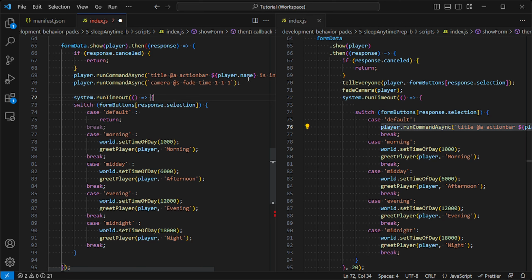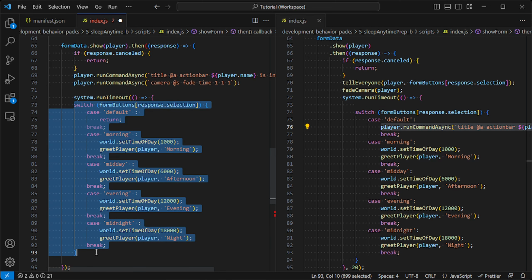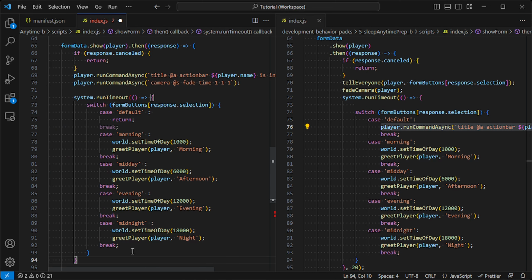We're going to run that into a function, and we're going to wrap this entire switch inside of this function here. After that, we're going to do a comma and set how many ticks we want to wait before that actually runs. And 20 ticks is 1 second. That should be absolutely fine because our fade in time is 1 second. Close the brackets, close that,